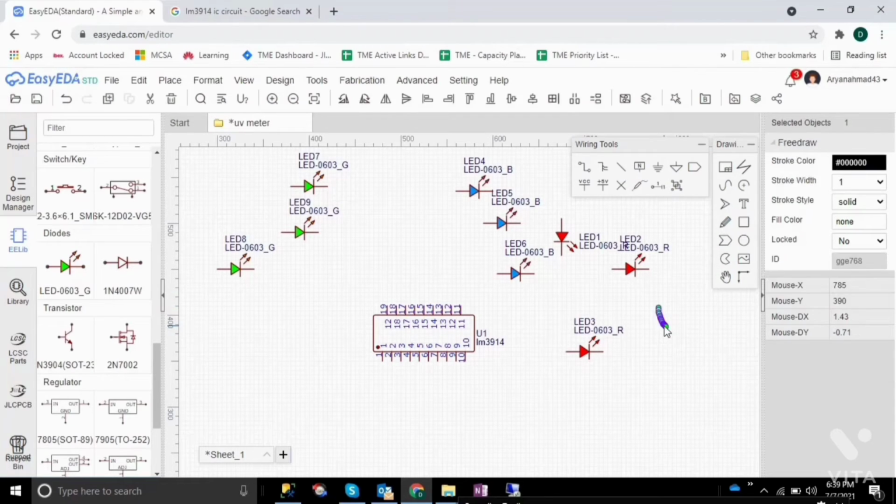Let me click there. You can see this is made of many nodes, which can help you adjust the length and handle of the wire.